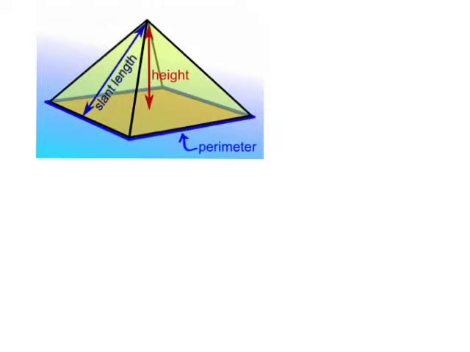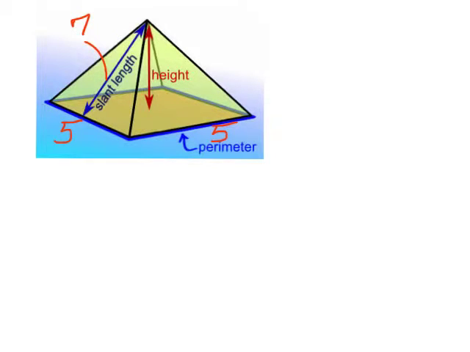Another example. We're going to find the surface area of a pyramid. And the surface area of a pyramid starts by doing 2 different things. First, we have to give the pyramid some units here. On the bottom, we're going to make this 5 and 5, so that means it's a square bottom. And then we're going to give a slant height here of